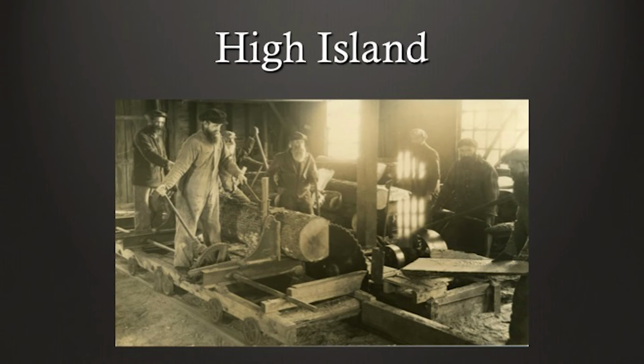Okay, so shifting gears quite a bit to High Island. Another thing they're known for, for various reasons, probably a little bit less positive reasons than the ball team. In 1908 or 10, something like that, they lease a large percentage of High Island for the lumbering rights. So they set up a lumbering camp up there, and that's where they are going to get a lot of their timber to build the buildings and the colony grounds, to build the amusement park, and they also are getting timber to sell. Here's a picture of the sawmill up there,